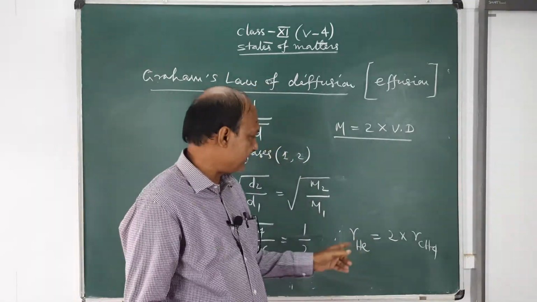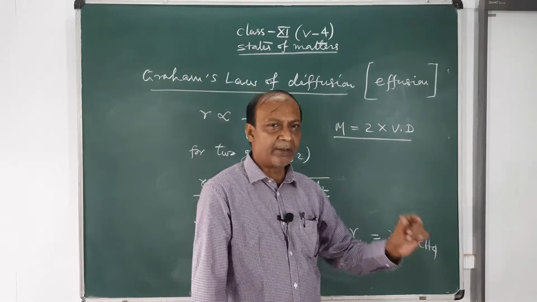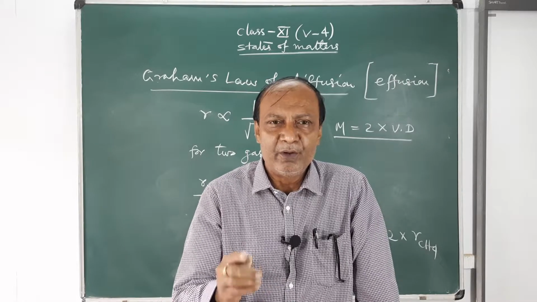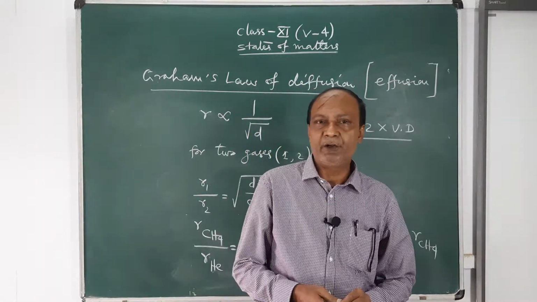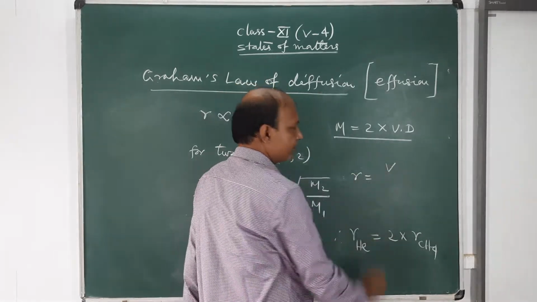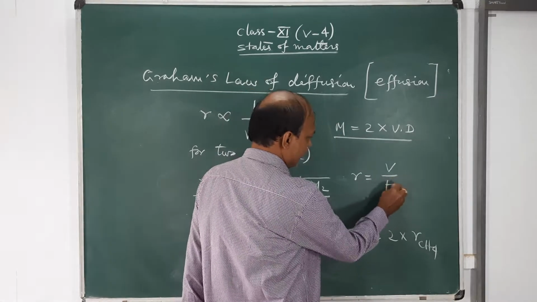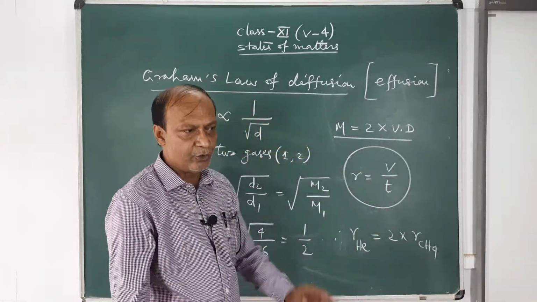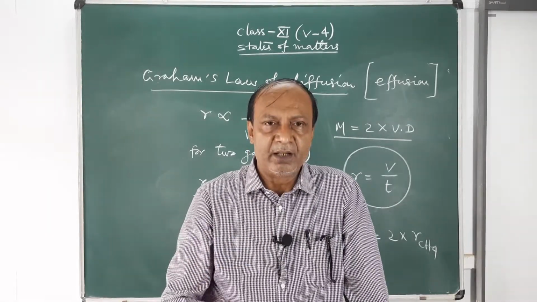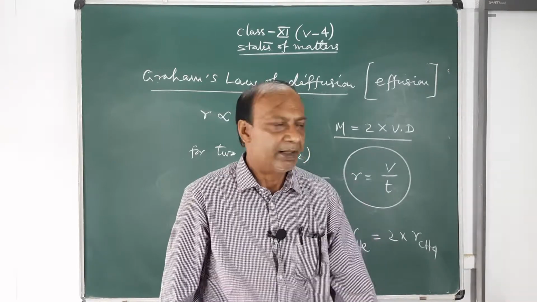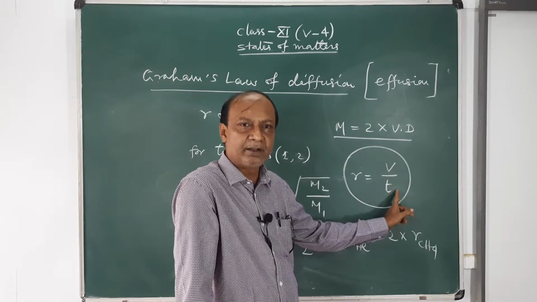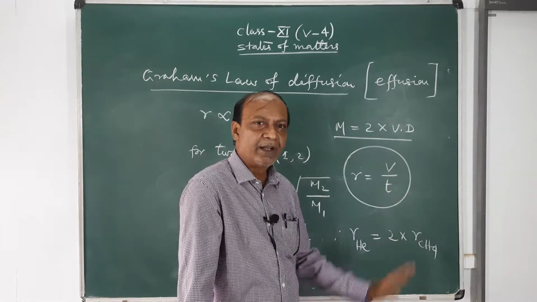Actually, this is directly related to molar mass because you know that methane is a heavier molecule. Therefore, its rate of diffusion will be slower. So, now the question is, what do you mean by rate of diffusion? Rate of diffusion equals the volume of the gas diffused per unit time. Volume of the gas कितना volume per unit time में diffuse करता है, spread करता है, that is known as rate of diffusion.